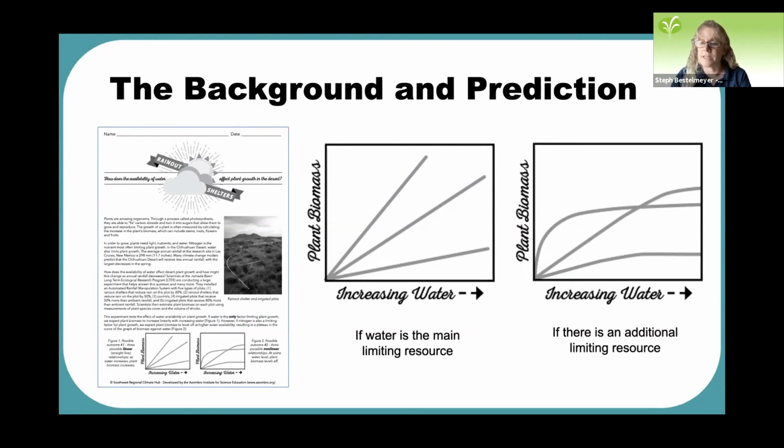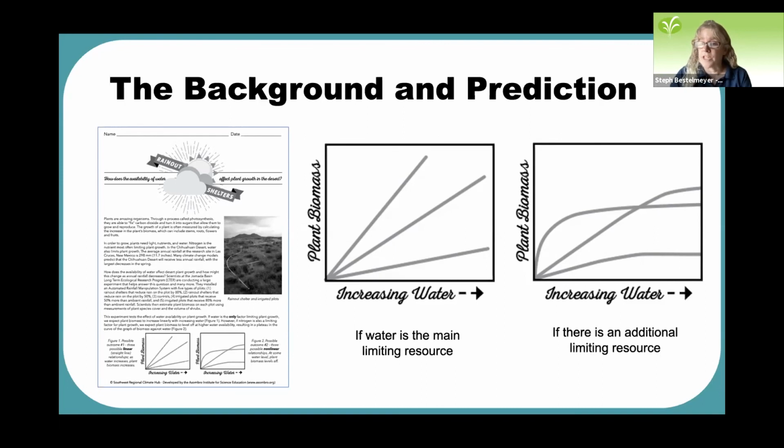So the one in the middle is a graph that shows what we think the data would look like if water is the main limiting resource in the desert. On the x-axis, it goes increasing water. So on the left side, those are the plots that are 80% rainout. And then as you move to the right, you're getting plots with more and more water. So under this scenario, if water is really the only thing limiting these plants from being able to grow, then we would expect as you increase the amount of water you give these plants, the plant biomass, or the amount that the plants are growing, which is shown on the y-axis, would just continually increase.